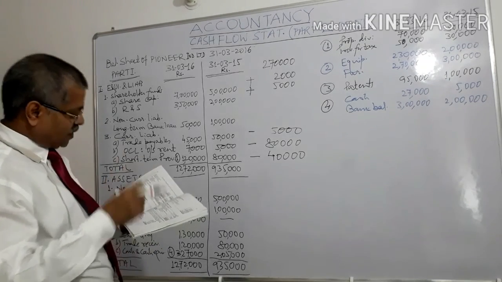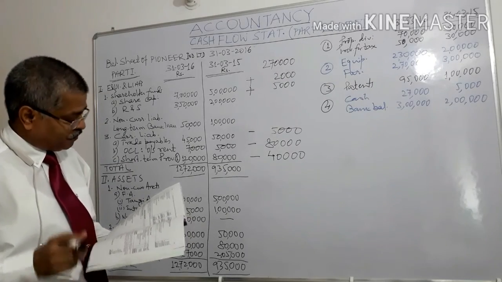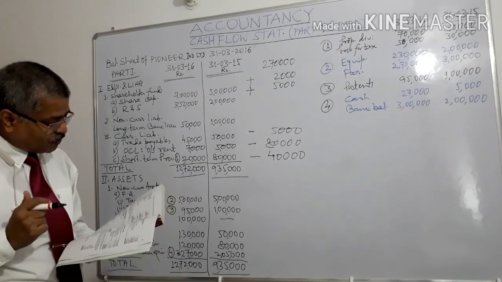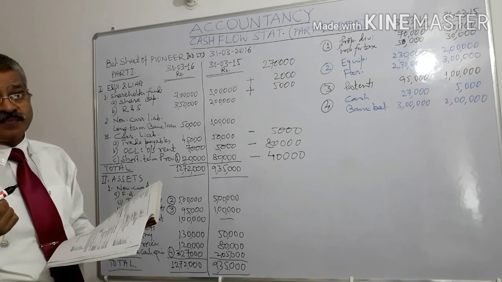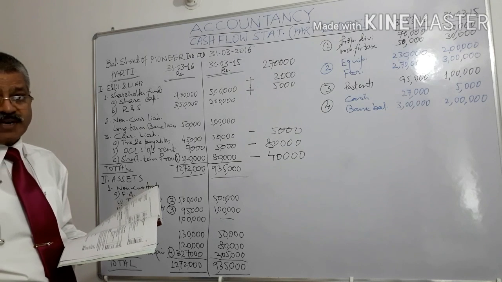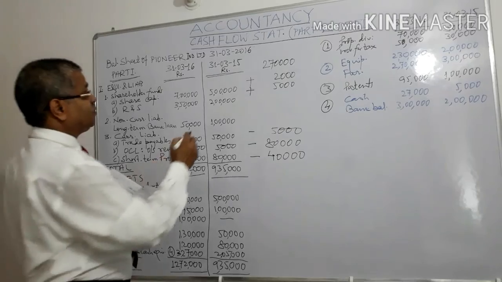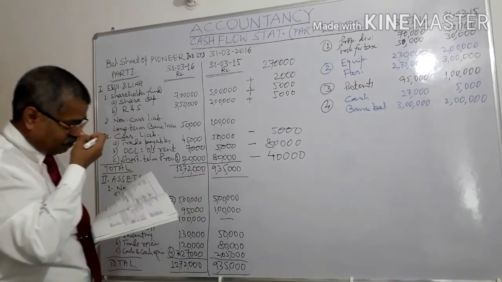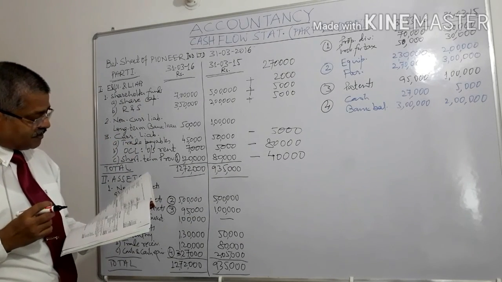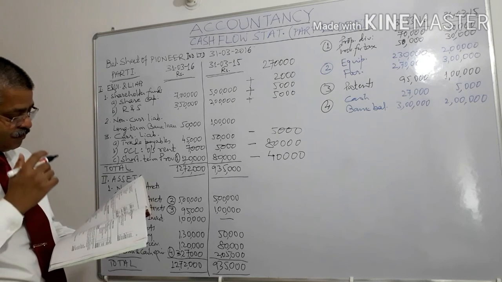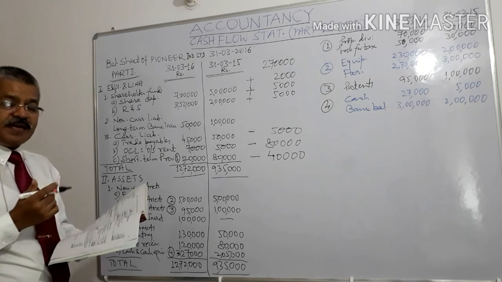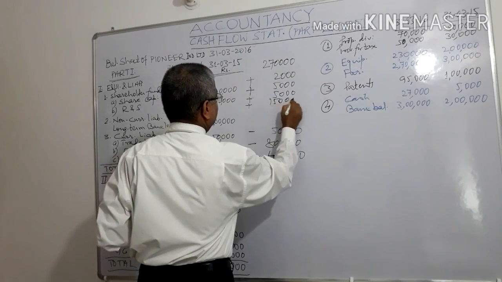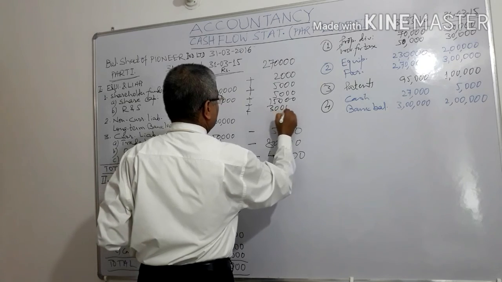So we need to consider depreciation now. What is the depreciation? During the year, equipment costing 80,000 was purchased. Loss on sale of equipment amounted to 5,000. So it will be added back. Loss on sale of asset, it is added back, right? Depreciation of 15,000 and 30,000 on equipment and furniture. So 15,000 and 30,000 will be added back, plus 15,000 plus 30,000, right?